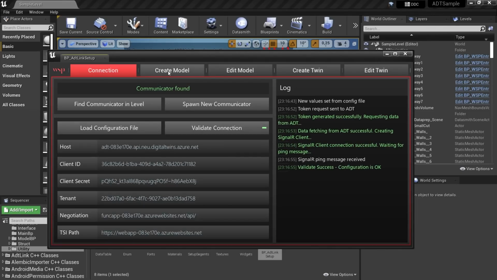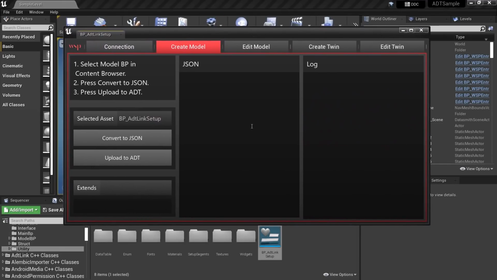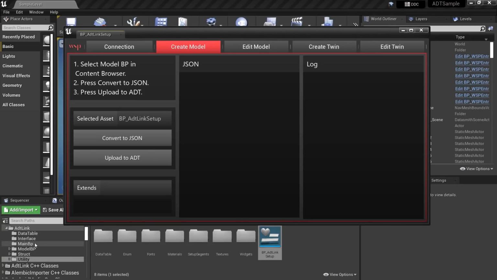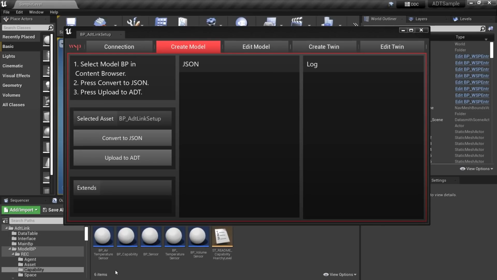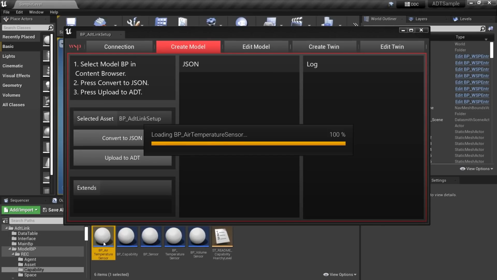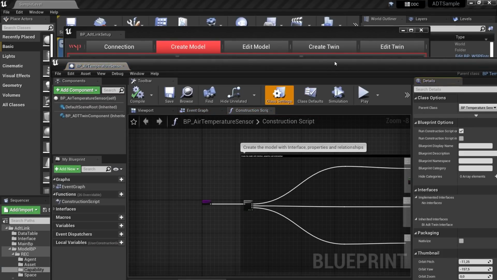Next step would be to create model. So this is model as in digital twin model. So using Microsoft's Azure Digital Twin language, we have defined some sensor models. So these are defined in Blueprint using an inheritance hierarchy.